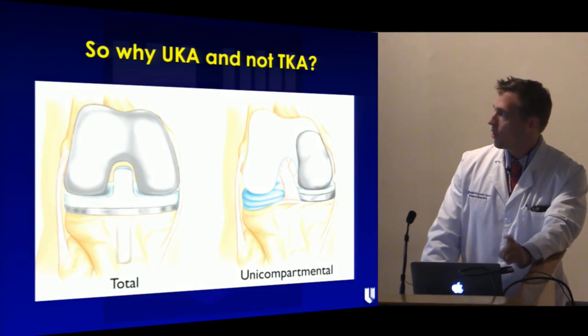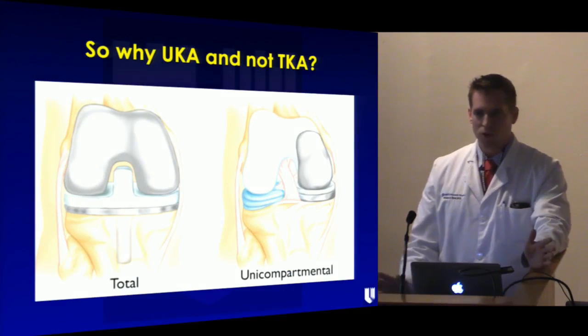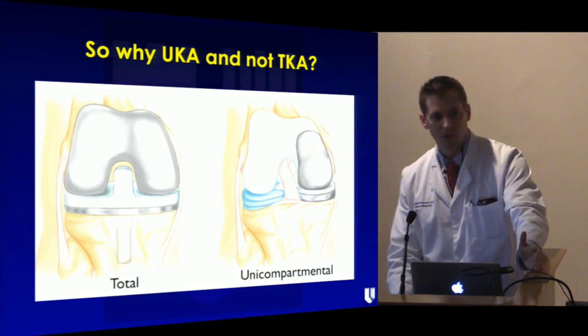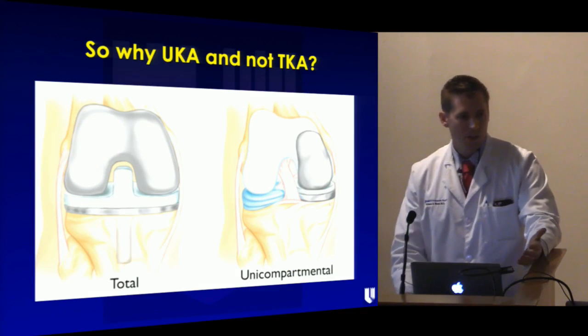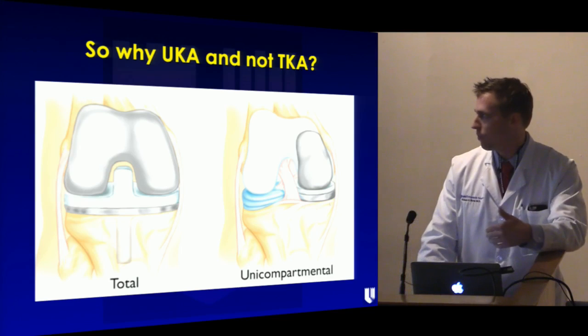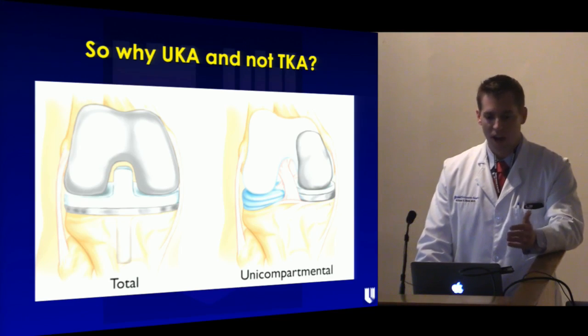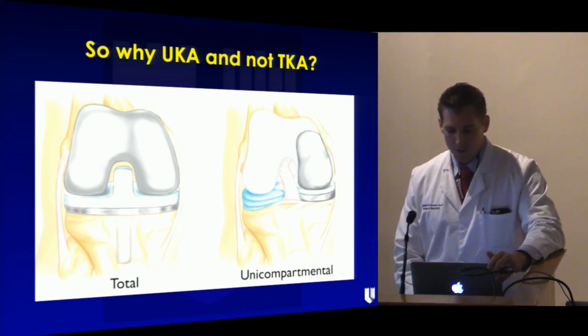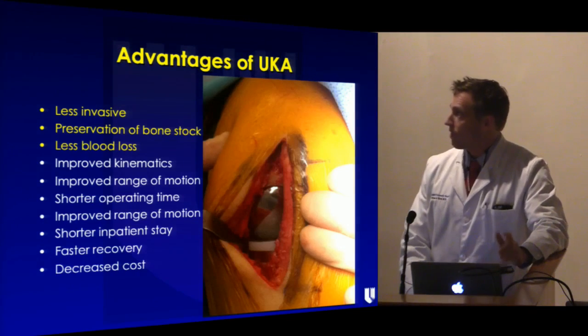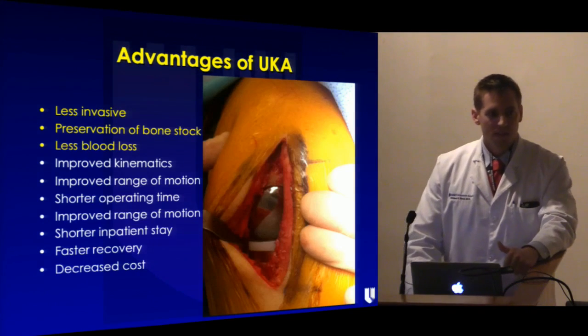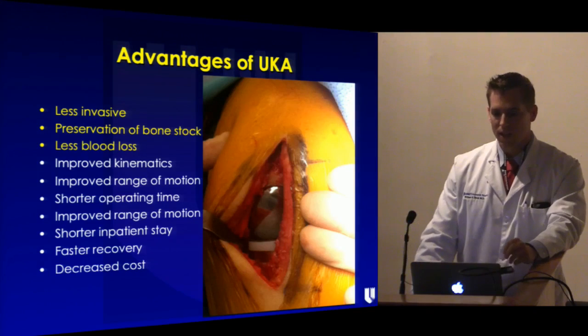So why a uni and not a total? Everything I've told you so far have been inclusion criteria for total knee as well. So why would we choose a uni instead of a surgery that has a long proven track record and has great outcomes? So the advantages of a uni: it's less invasive, there's preservation of bone stock, and there's less blood